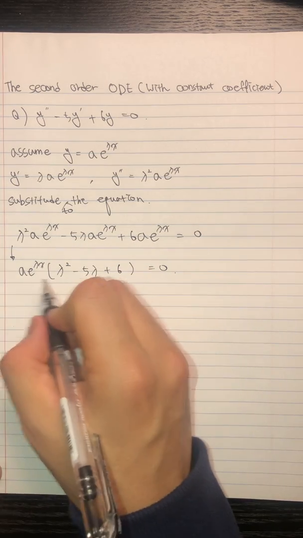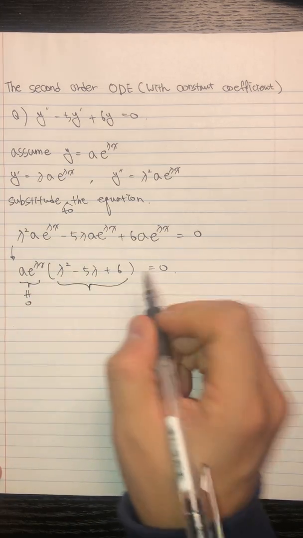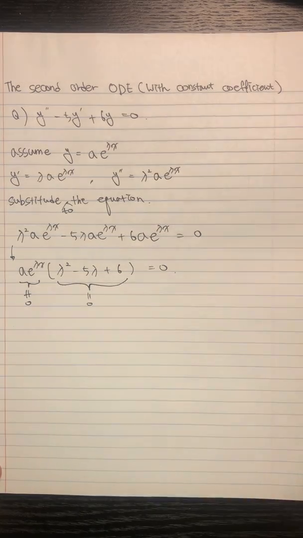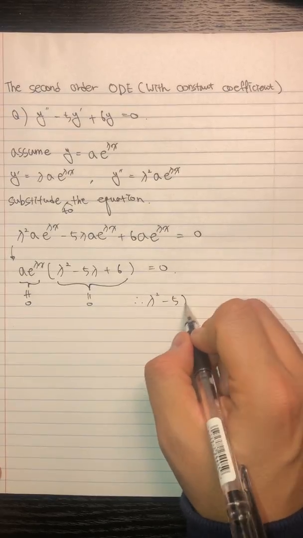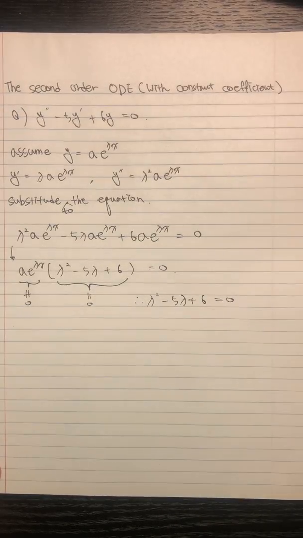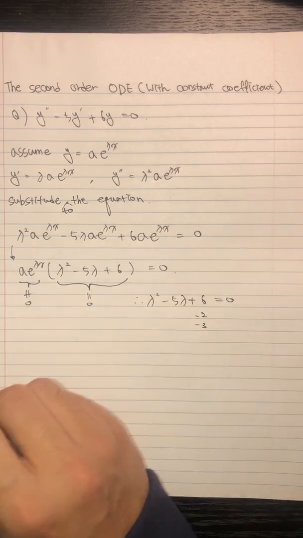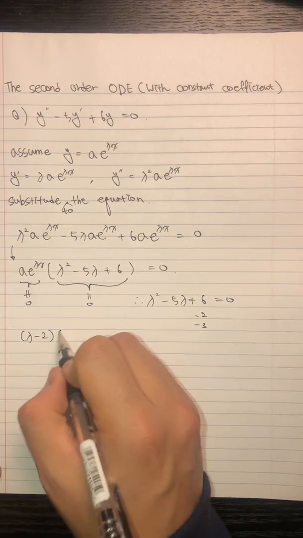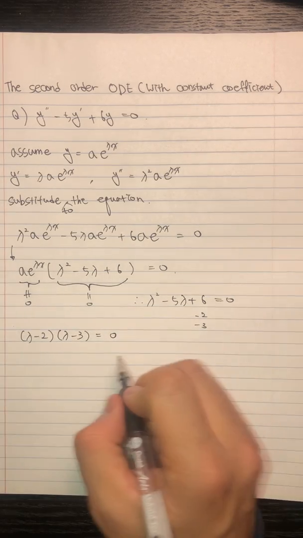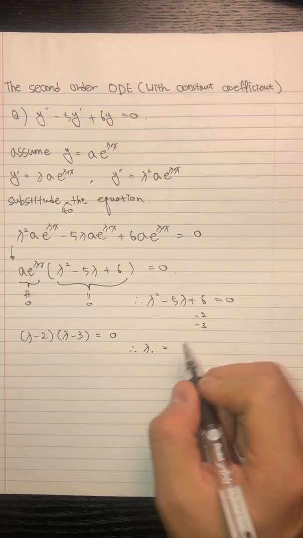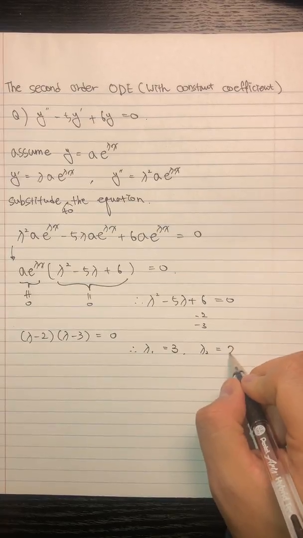From here, this guy is not equal to 0, so to get the 0, this guy should be 0, right? So lambda square minus 5 lambda plus 6 equal to 0, right? So 2, 3, minus minus, so we can rewrite lambda minus 2 lambda minus 3 equal to 0, right? So lambda 1 is equal to 3 and lambda 2 equal to 2,